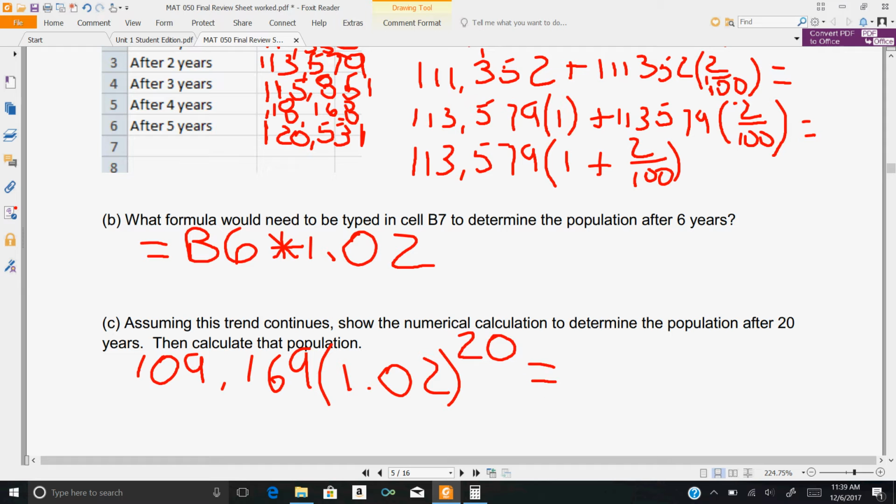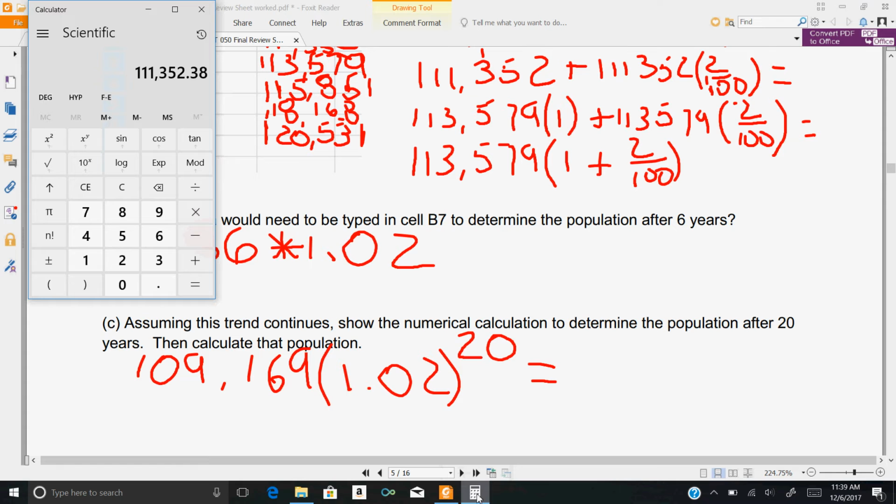And the question then says, then calculate the population. So show the numerical calculation. I've done that. Then we actually have to do the calculation. And if you remember on the test, you have to do both. You have to show the calculations and you have to show your answer. So for my answer,